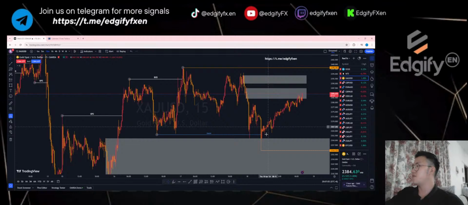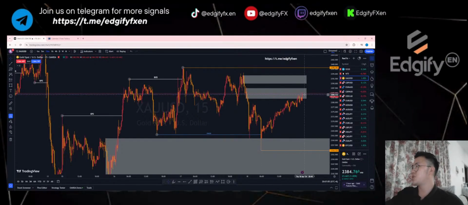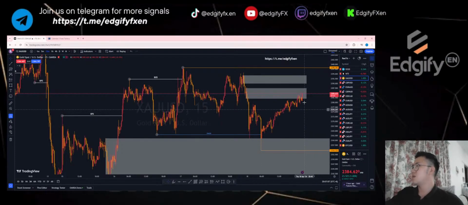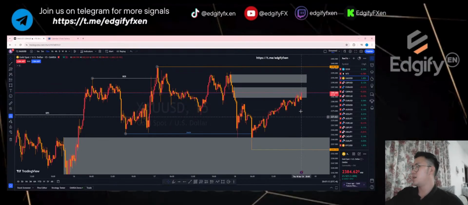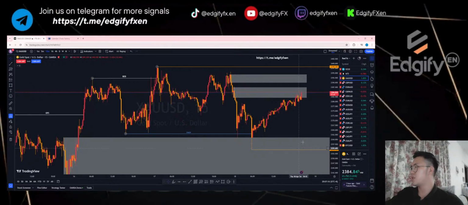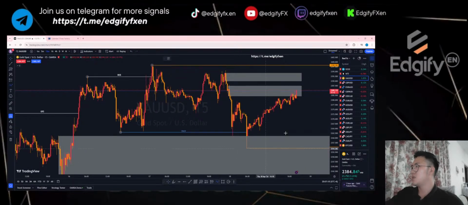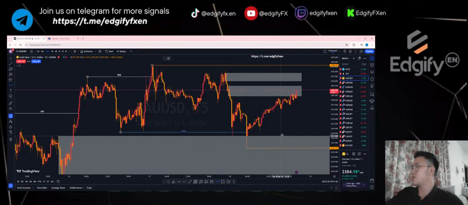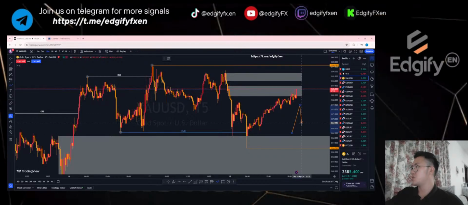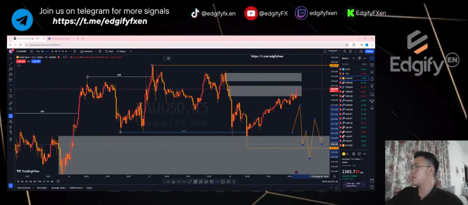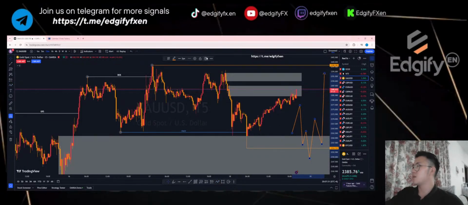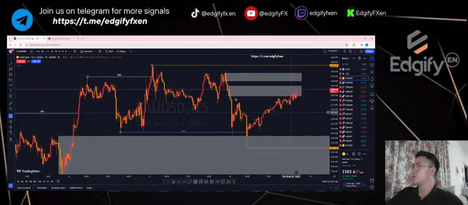But what I see on the 15-minute is that when this break happens, I do see momentum coming downwards. At about this level or this level here, we can see a downwards move, probably just a retracement and creating another confirmation. Right now it's going up, and we want to see a dump, something like this. With this break, we can take this entry here and buy it back to the top. That's my view on gold.